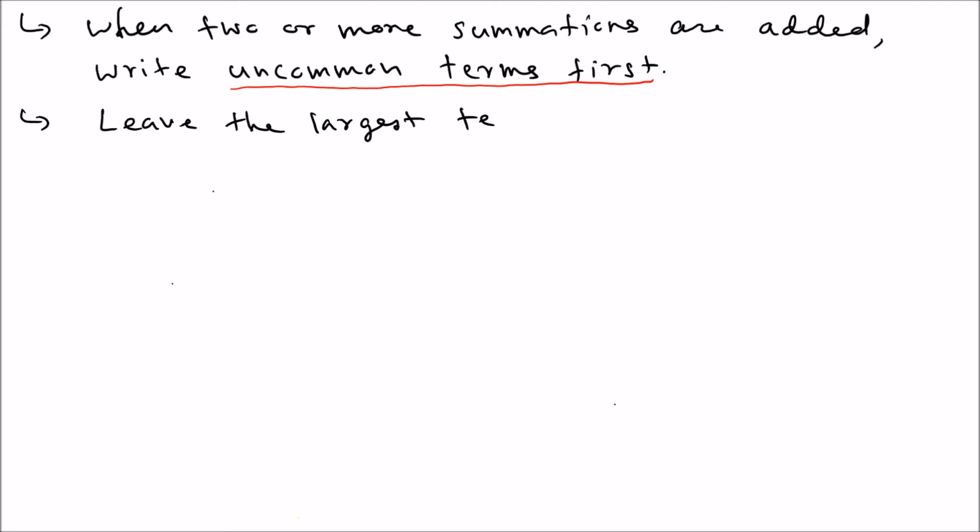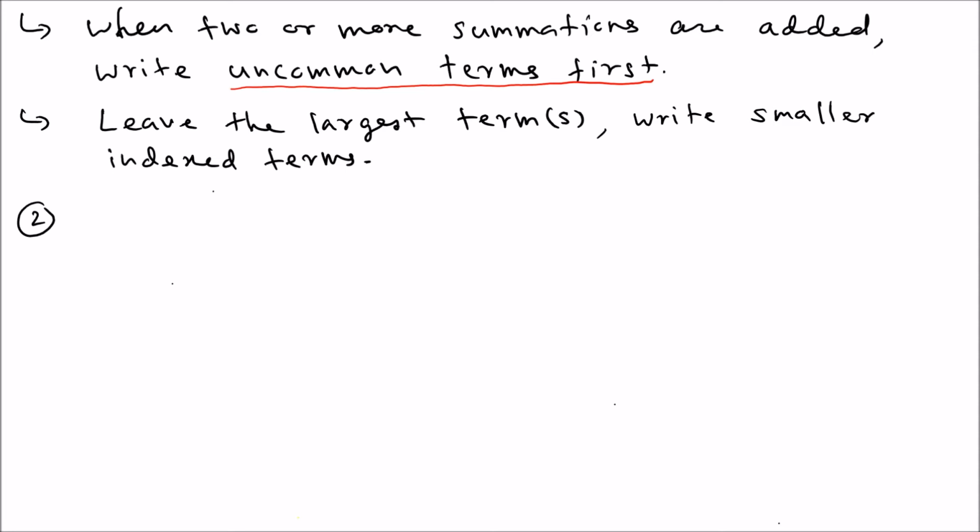Largest terms. Why do we say terms? Because maybe two series have the exact same term, but not the other one. So like that. That's why I say terms. Leave the largest terms and write only the smaller indexed terms. So it will be very clear once you do the example. So let's do this problem. So number 2, the second type, write